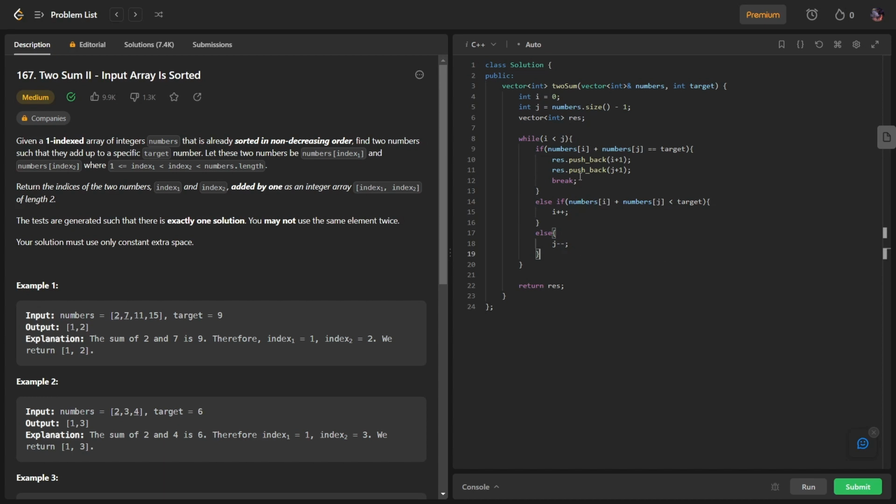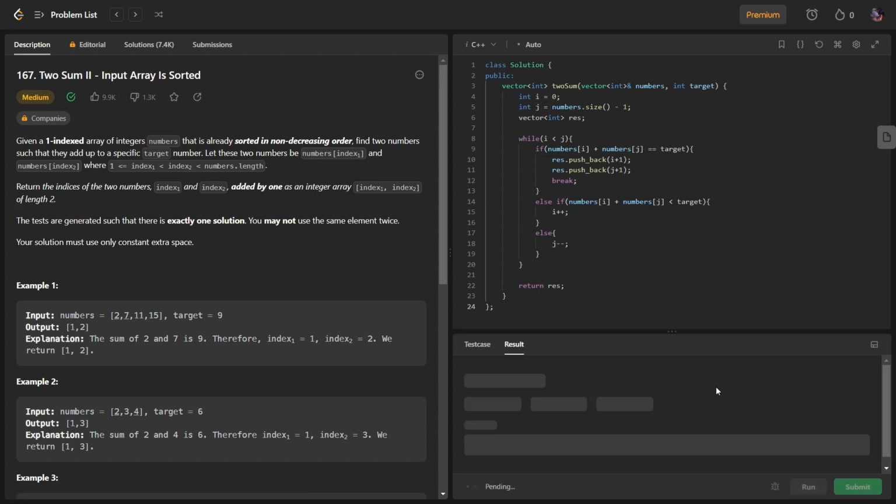And what if we get the target? Once we get the target, all we need to do is push back i plus 1 and j plus 1. Why i plus 1 and j plus 1? Because they have told us to return it by adding 1 to it, which is going to give them a one-indexed based answer. And finally we can break it so that we don't have to look at the other pairs, and here we can return the result. And that is how we can do it. If we submit it here,